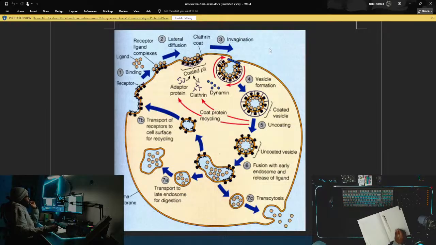Then invagination, formation of a vesicle, and then coated and uncoated. Then fusion with the early endosome and release of the ligand, so it can be